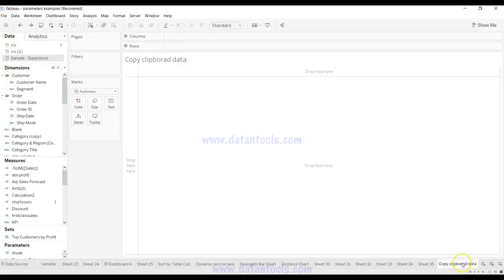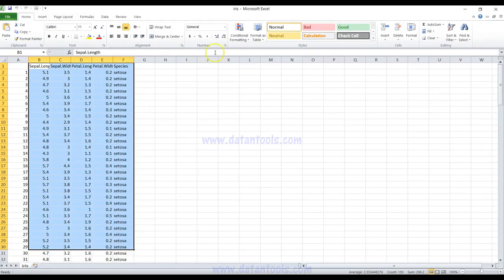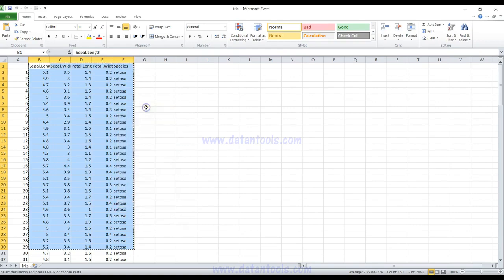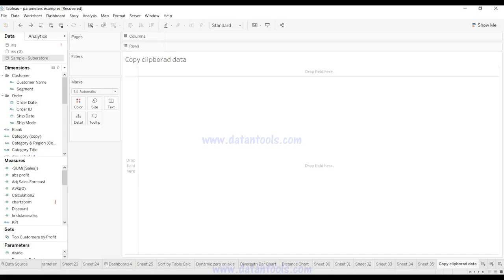So I'm coming back here on my sheet, copy clipboard data. So here is the indication that I am going to copy some data on the clipboard and then get it in here. Alright, so how can I do that? Very simple. Here is my simple file, which is the iris file, and here is some data which I have selected. I will just simply right click and copy and go back to my sheet here and do Control V